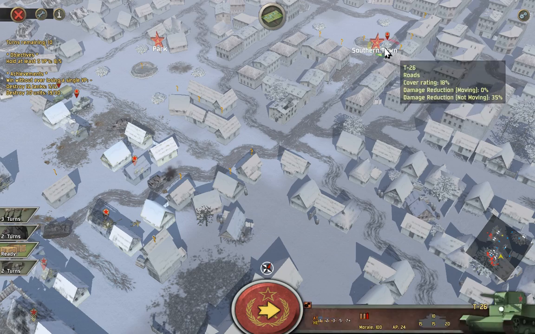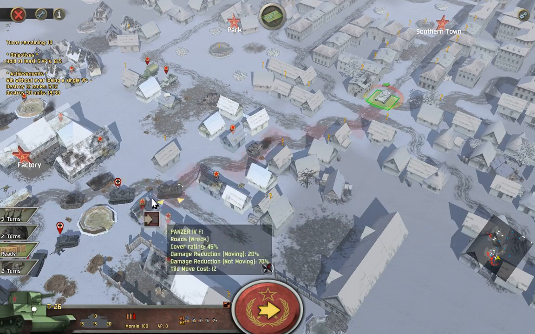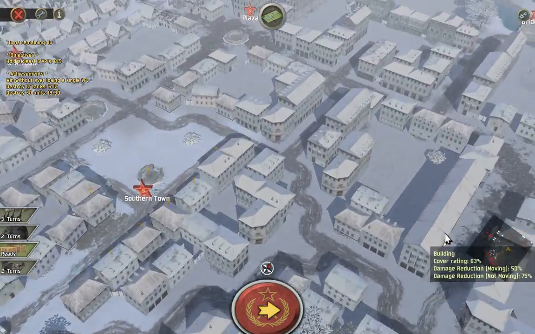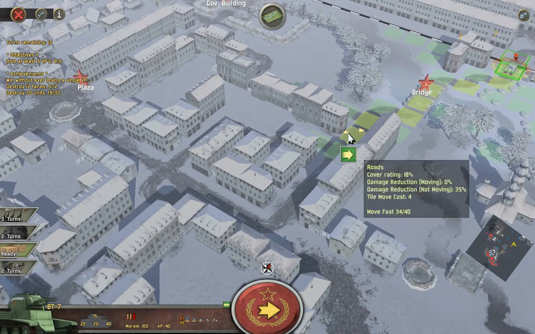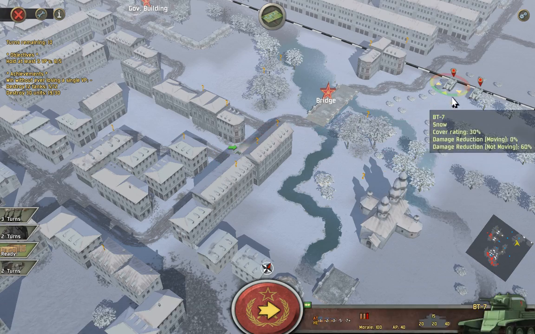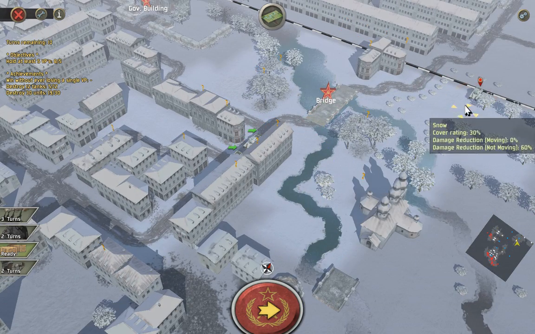Let's see now. The T-26 is no longer broken down, so we can move up a little bit and maybe take care of these guys here. What else have we got? Yeah, the BT-7. It's like, I mean,